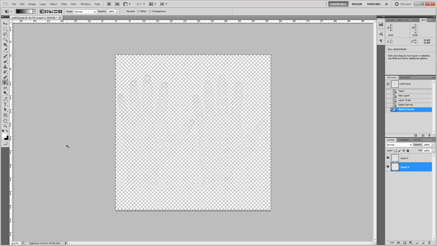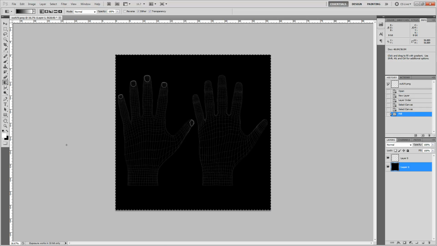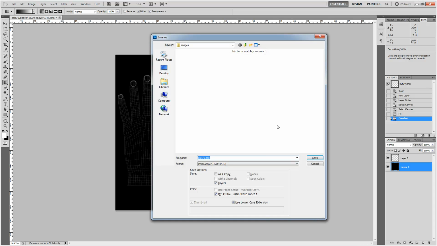And when I do that, I'm going to hit Control A to select the entire canvas. And I'm going to hit Control Backspace to fill the canvas with black as my background. Once I've done that, I'm going to hit Control Shift S because I want to save this image. And I'm just going to call this